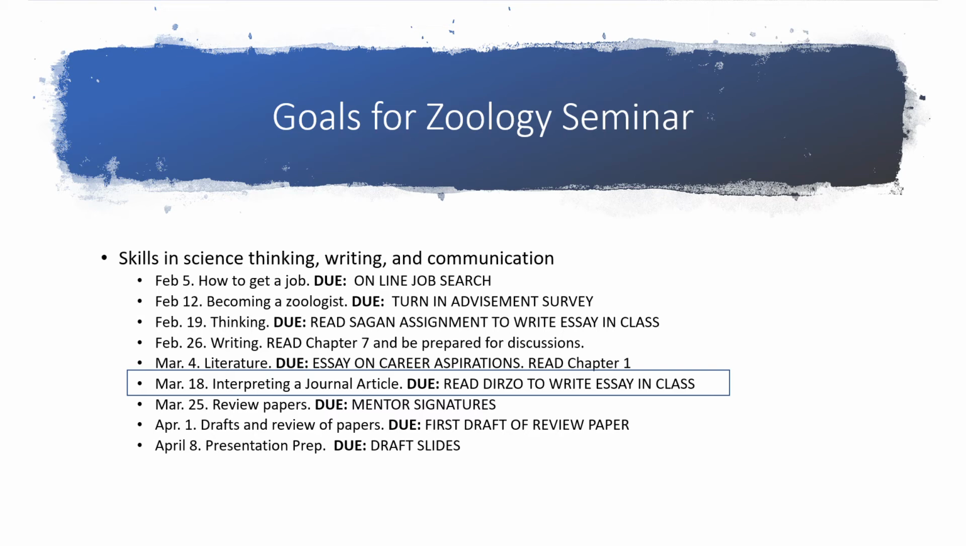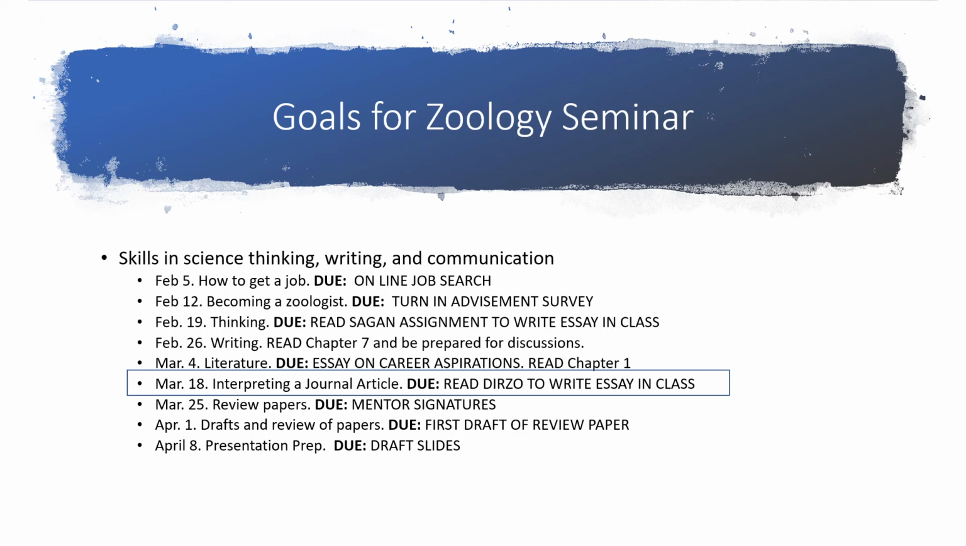On the 18th, we're going to talk about interpreting a journal article. There's a paper by Durzo et al., which is basically about the conservation threat that we're experiencing right now. As most of you know, we're in a biodiversity crisis. We're experiencing the greatest decline in species diversity on the planet, maybe in the history of the planet in terms of rate. And so this is something that we all need to be very concerned about. And this paper talks about this in a scientific manner. Again, there's going to be a two-minute essay on this one, so make sure you read it before that date, and then we'll talk about it